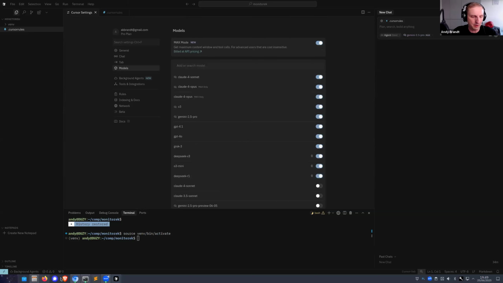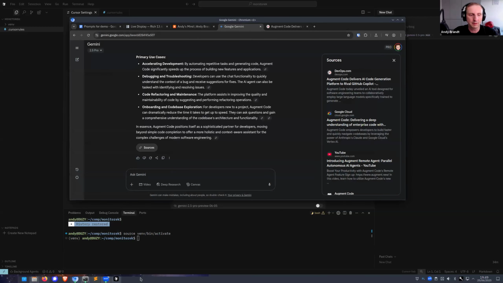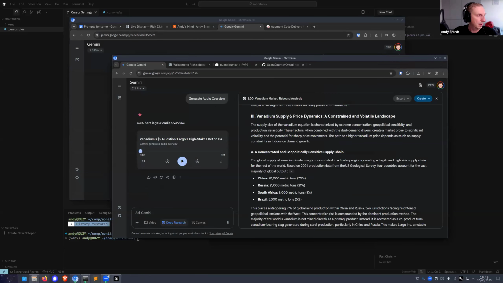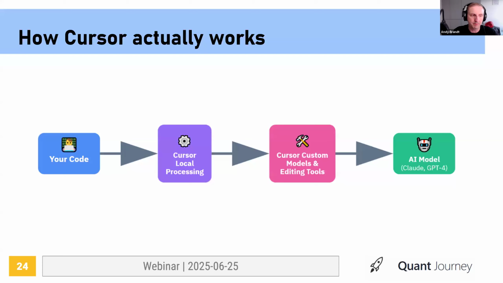And this is so because, and I have a slide for that, so maybe I will show it very quickly, but I have to find it first. But this is how Cursor actually works, and I will just show this image very quickly because I think it's important. Yep. Okay, so your code and your prompt goes through some kind of local Cursor processing.